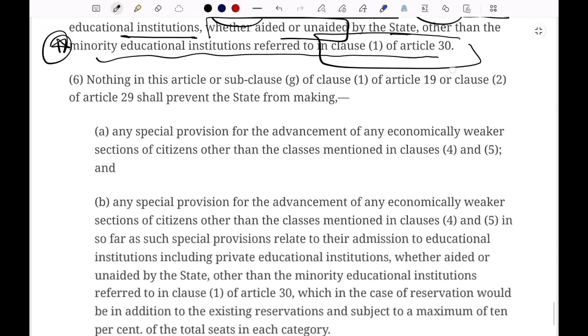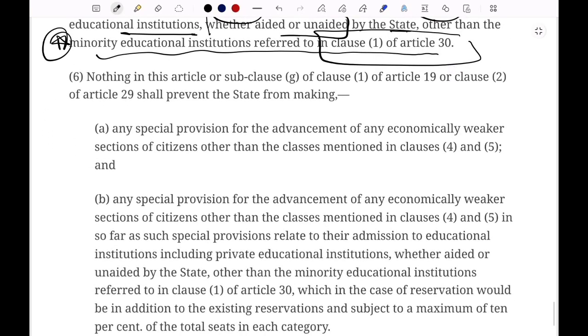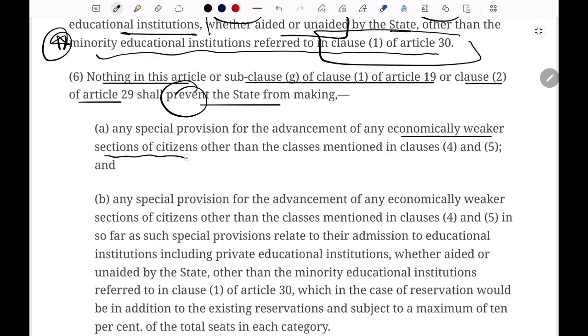Okay, now we will read the article 15 clause 6, the clause 6 of the article 15. Okay, it was added by the 103rd Constitutional Amendment Act in 2019. Okay, now we will read it. Nothing in this article, that is article 15, or subclause G of the article 19 or clause 2 of article 29 shall prevent state from making what? Any special provision for advancement of any economically weaker sections of citizens other than the class mentioned in the clause 4 and 5,